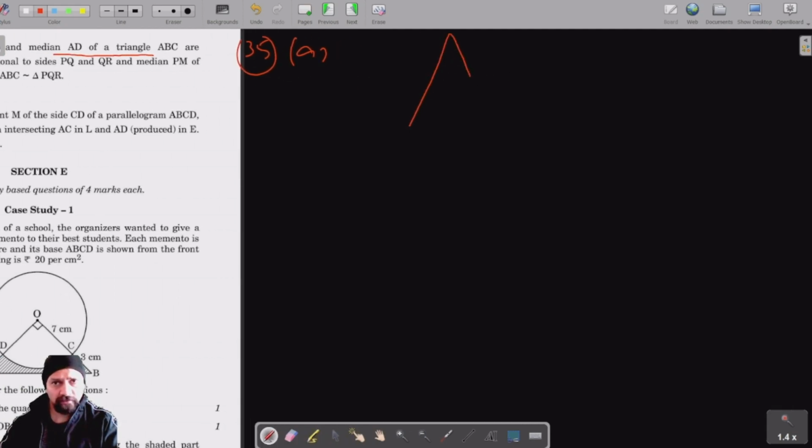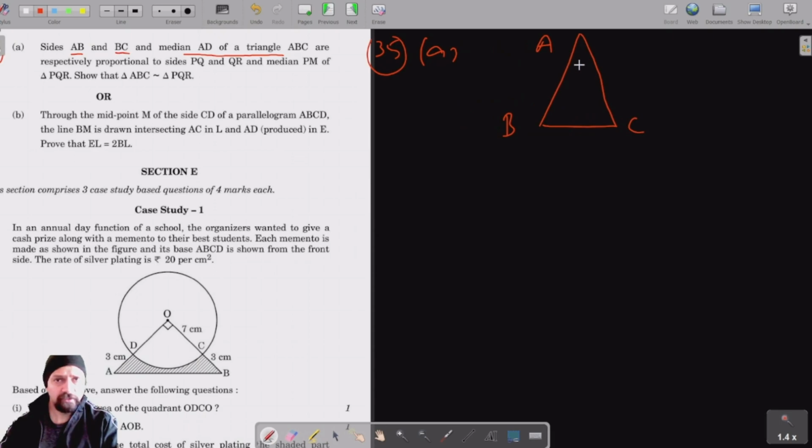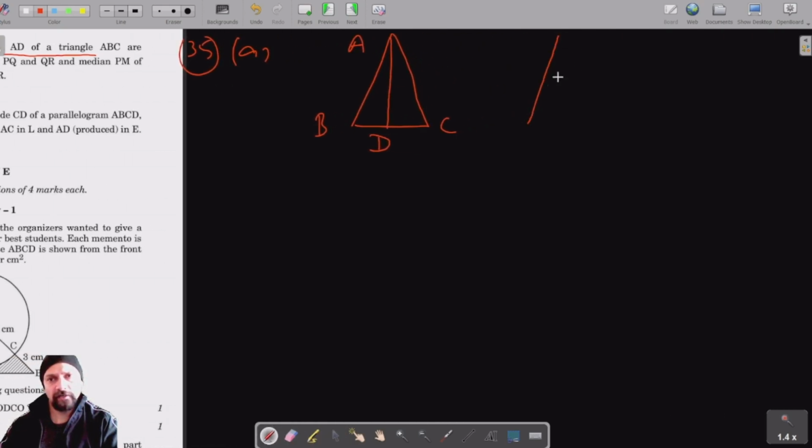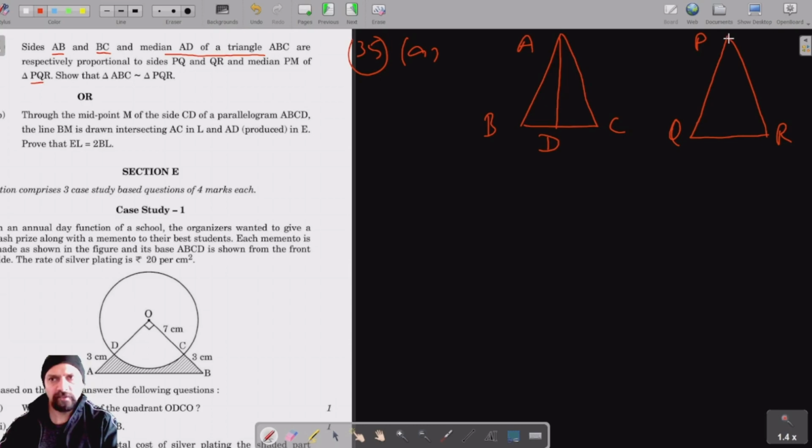So let's say this is triangle ABC, and it has median AD. And there is another triangle, which is triangle PQR, which has median PM, and it's